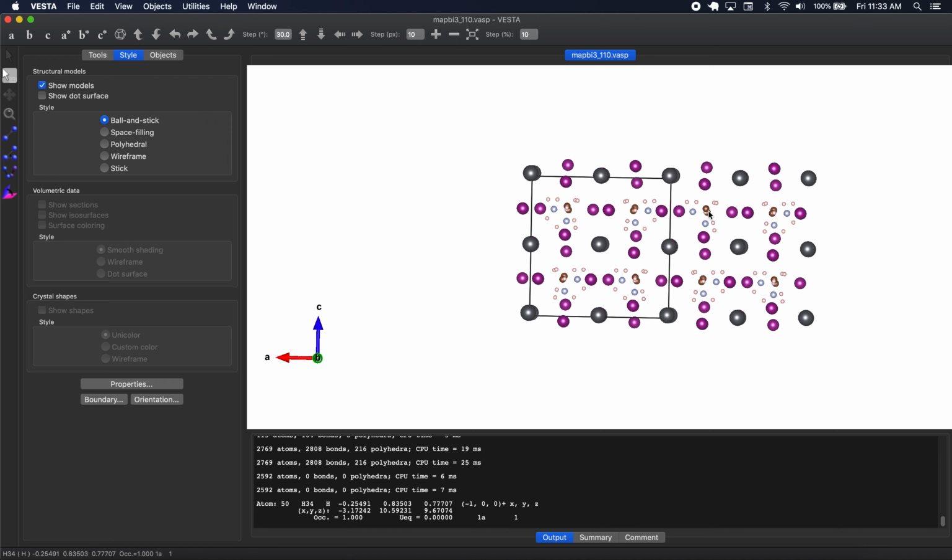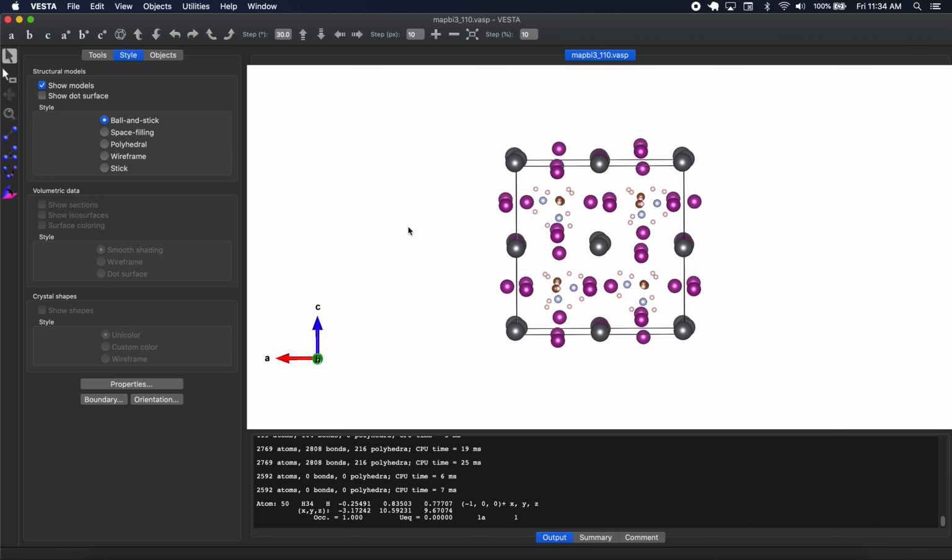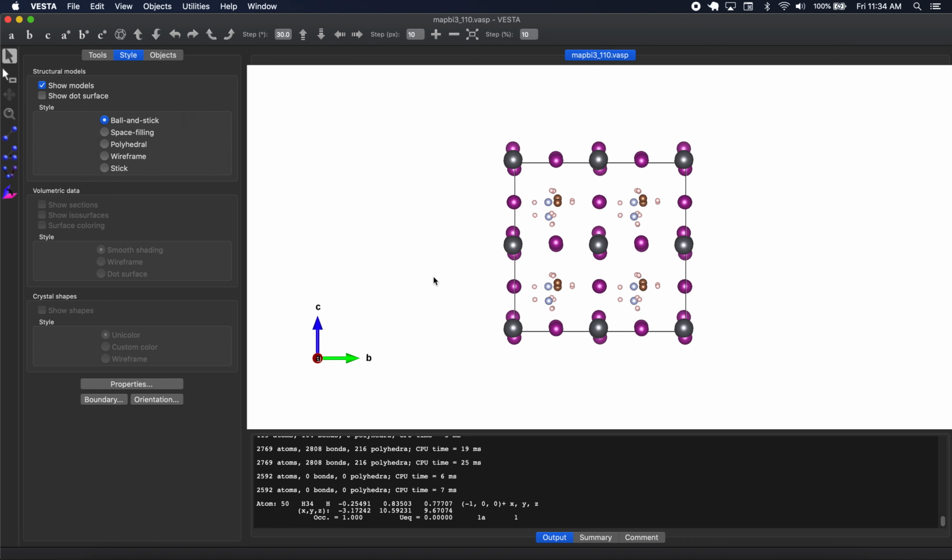And what we have to remember is that in my C direction is where we want the vacuum, right? So we're actually going to keep all of the atoms in the C direction besides these corner ones here, like this, okay? Now this is where it becomes difficult because we're going to save this file as an XYZ. And when you save as an XYZ in VESTA, it saves all the atoms on the screen. Let's go ahead and center on A. And so we have to delete this periodicity in B. This is trivial, so we can just delete this